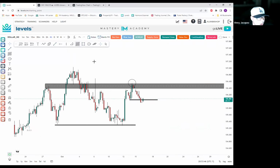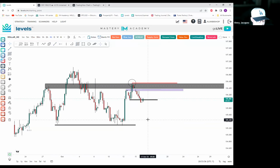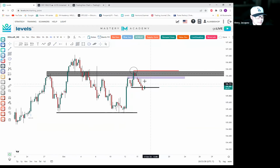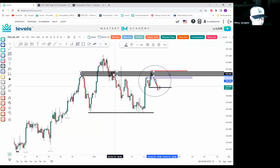So now I would be looking to see if market can respect this area. Let's go ahead and put a stop loss right there. That's my stop. Right, now let's just see if this setup right here can give us push with the dollar. But other than that,